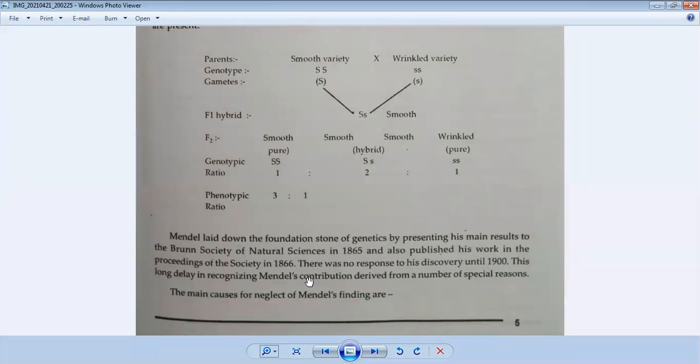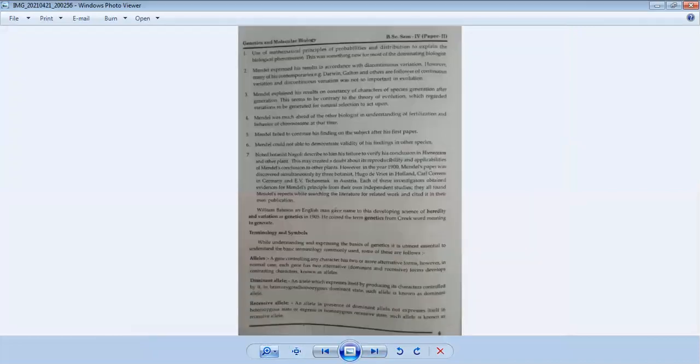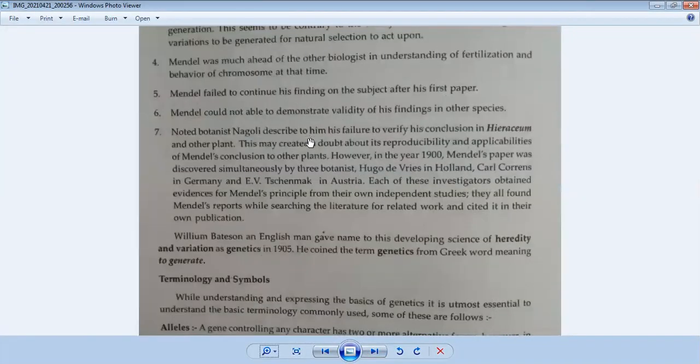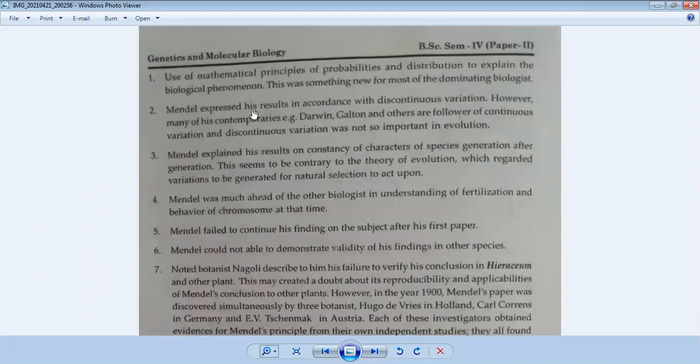मतलब जितना डिले कर रहे थे ये उतना ही उनका लॉस हो रहा था, क्योंकि उसके बेसिस पे आगे की सभी डिस्कवरीज डिपेंड थी। द मेन कॉज फॉर निग्लेक्ट ऑफ मेंडल्स फाइंडिंग आर, मतलब मेंडल के जो वर्क था, मेंडल की जो डिस्कवरी थी, वो निग्लेक्ट करने के पीछे क्या ड्रॉबैक्स थे वहां पे उन्होंने बताया। यूज ऑफ मैथमेटिकल प्रिंसिपल्स ऑफ प्रोबेबिलिटीज एंड डिस्ट्रीब्यूशन टू एक्सप्लेन द बायोलॉजिकल फिनोमेना। मतलब जो बाकी के जो साइंटिस्ट लोग थे उन लोगों को ये वहां पे कन्विंस नहीं हो रहा था कि मैथमेटिक्स का यूज कैसे कर सकते हैं बायोलॉजिकल फिनोमेना के लिए।